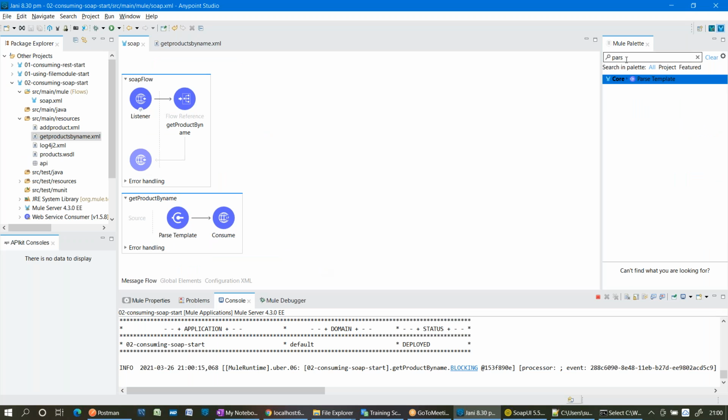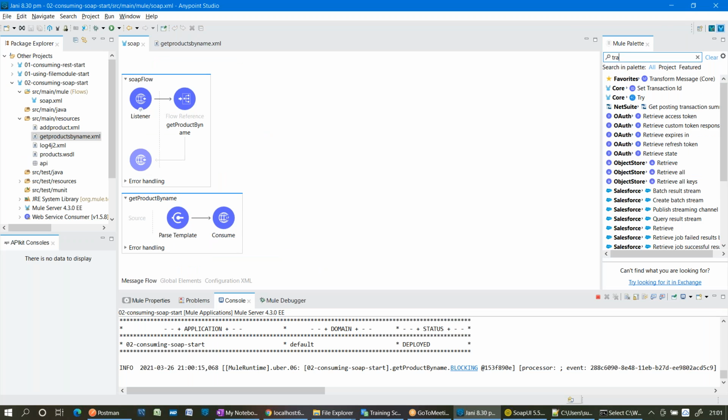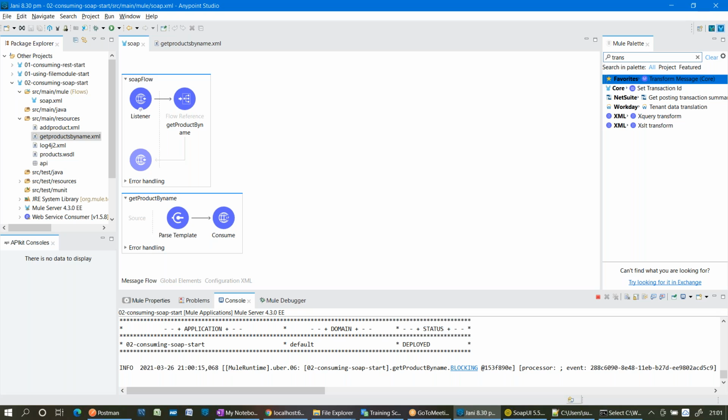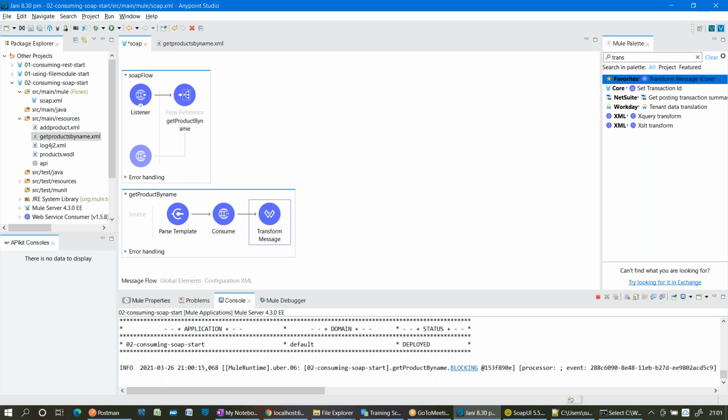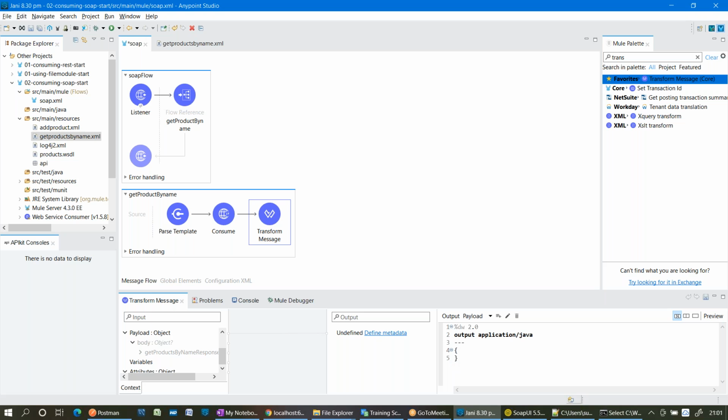So what can I use after this consume connector? Transformer. What will be the input for this transformer right now? It's a JSON object. From that JSON object, I'm trying to extract a value. How can we extract or access a value? By using a key, right? Now, what is the ultimate output I want? I want the output in XML format.